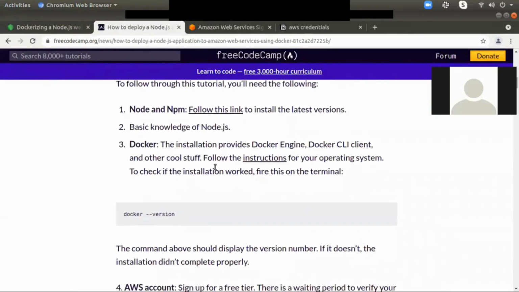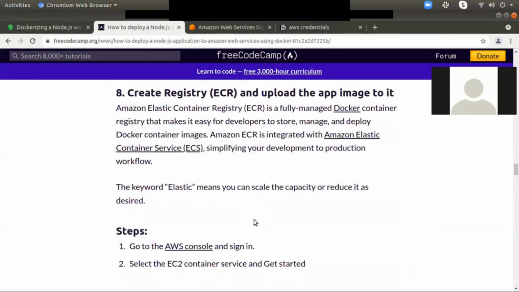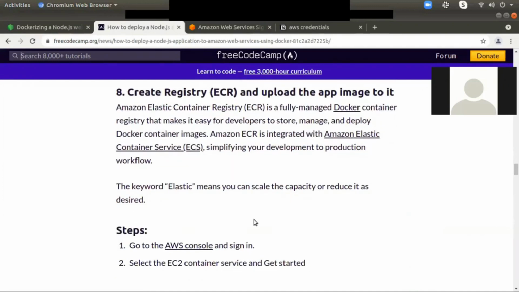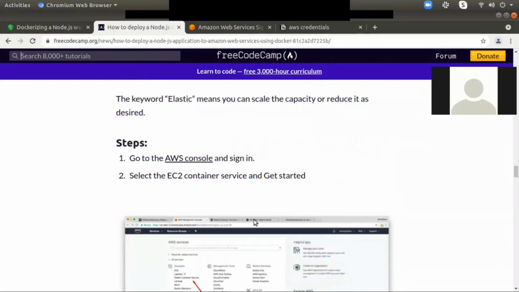So first thing that we need is AWS CLI, because from AWS CLI we will push code, create a registry and upload an app image to it. Basically, there is a service in Amazon. We need to select it and create a repository and make it private. So then we have to go to the console,